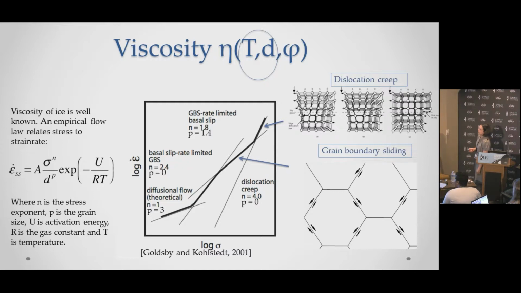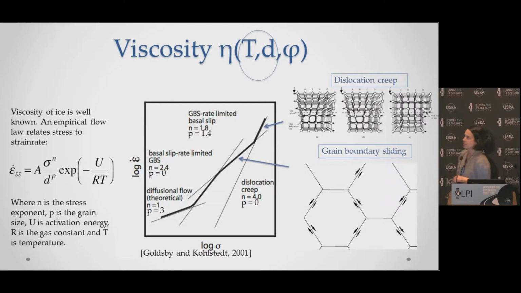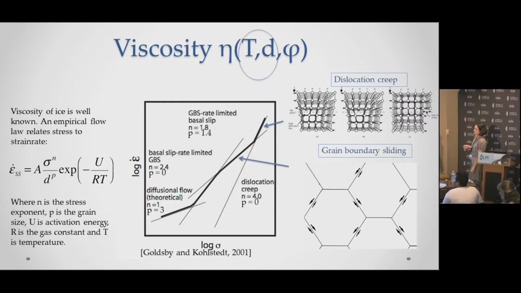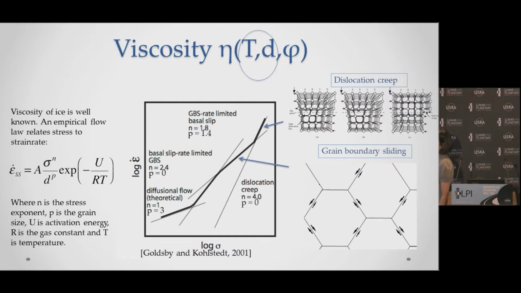So thinking about the far end member of pure polycrystalline ice, a lot is already known about ice. It continues to surprise us from time to time, but in general, we feel pretty comfortable that you can use a flow law that describes the stress and the grain size dependence of strain rate, as well as the temperature dependence using the activation energy,